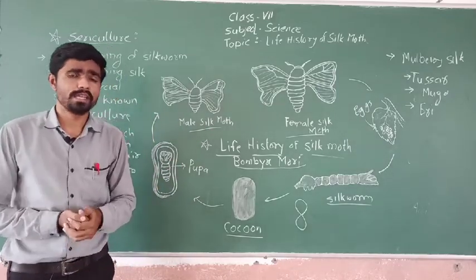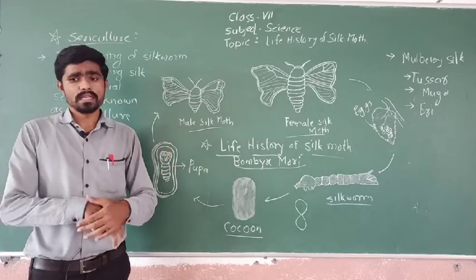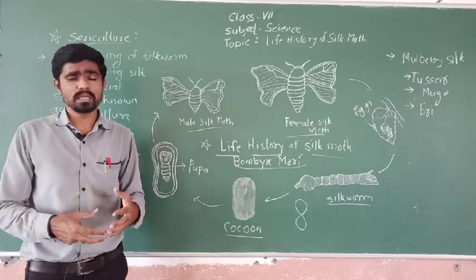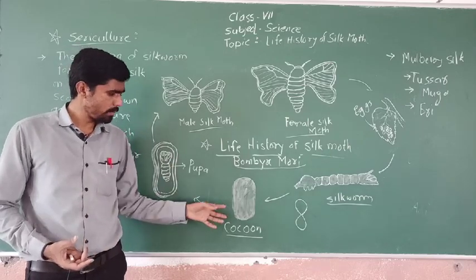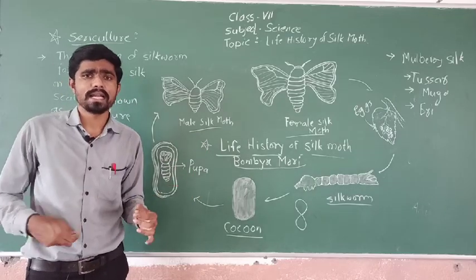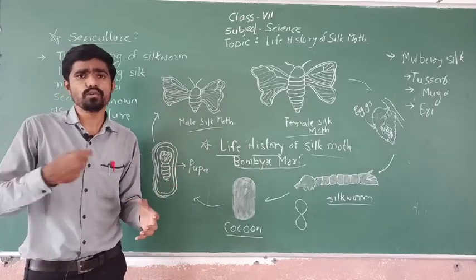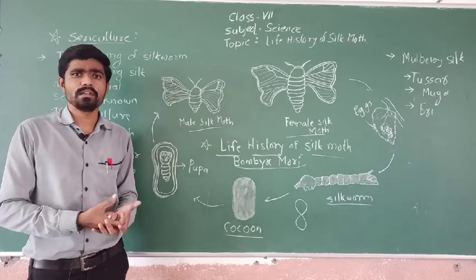If you have any doubt you can ask in the interactive session about the silkworms. In the next class we shall be discussing the process. Now we know what the pupa is, but how to extract the silk, how to send it to the factory, how to process it. That processing unit remains, and we will cover it in the next video.